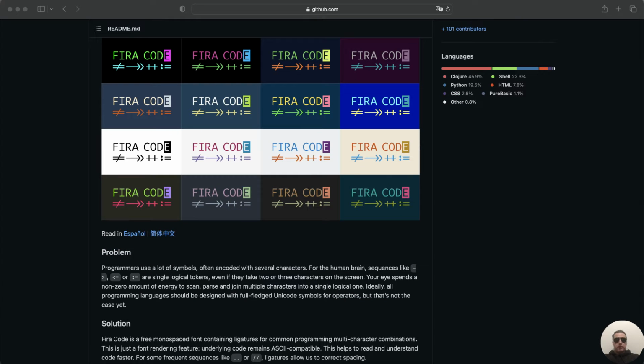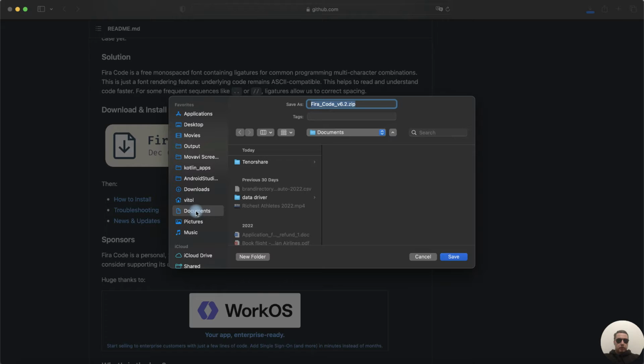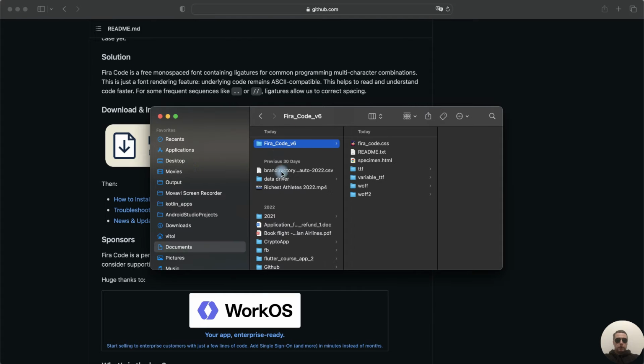First we need to download the font family to our computer. I will leave this link in the description of the video. Go to GitHub with the font and find the archive with the font family. Download it, choose the folder, for example Documents, and save. Next go to this folder and extract